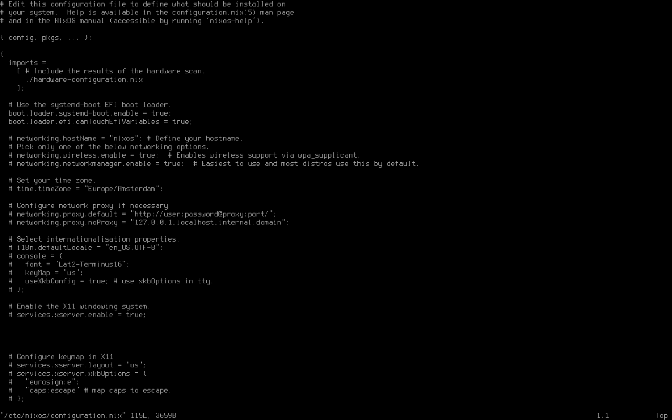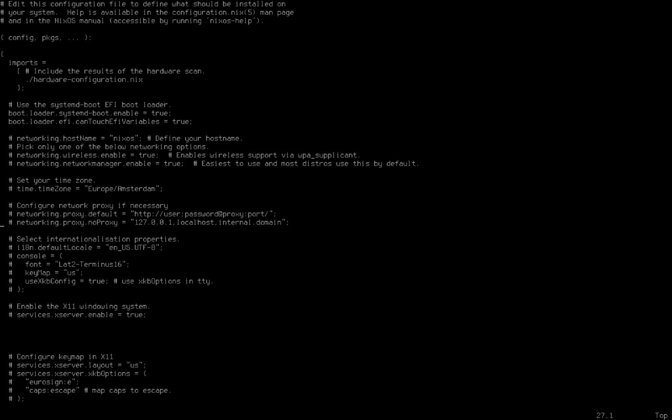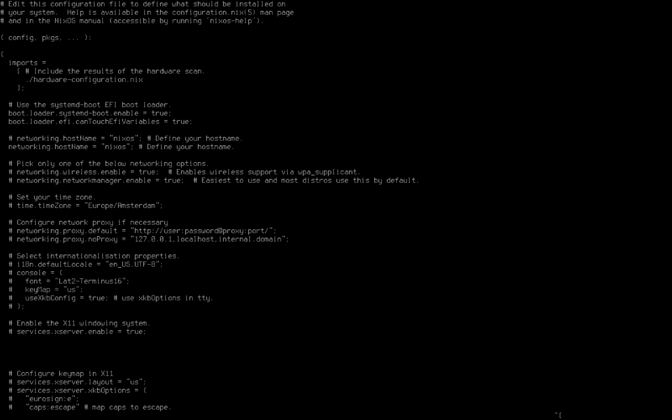There are some more configurations I want to make, such as to change the host name to devbox, change the time zone to UTC,